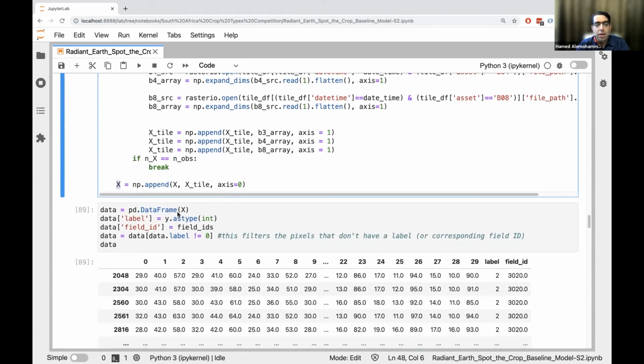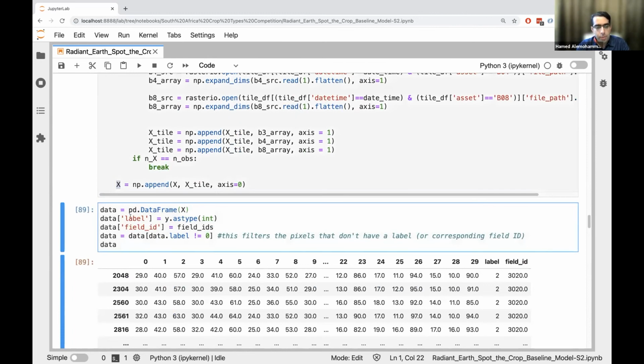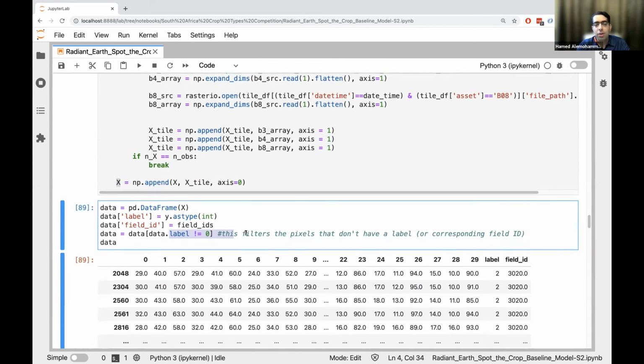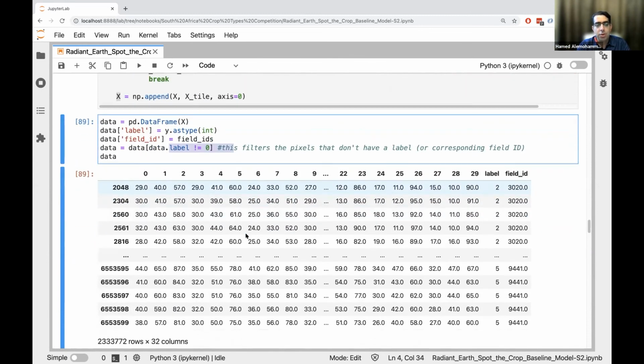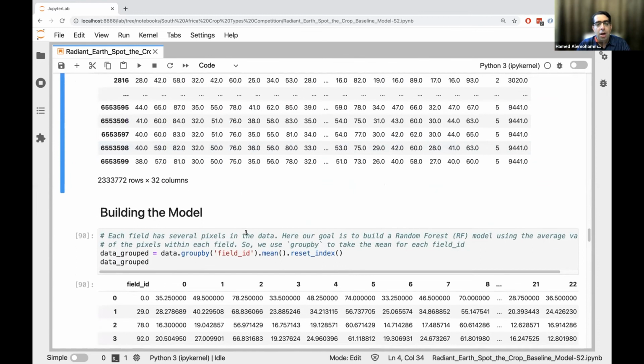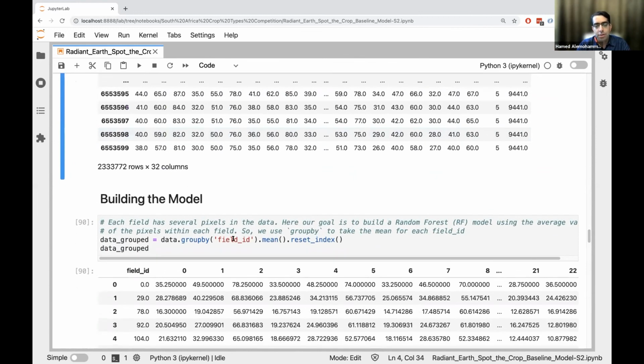So the rest is similar. We get the X to a data frame. We add the labels and field IDs. Then we remove those pixels that don't have a label or corresponding field ID. Basically, as the question was, these are pixels that are not cropland and they are not part of the competition. You don't need to train the model on them, and you're not asked to do any inference on those in the test data. For building the model, we do a similar thing here, that we aggregate all of these